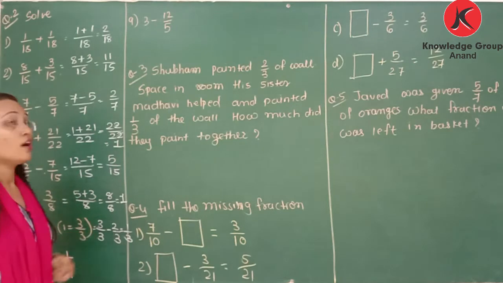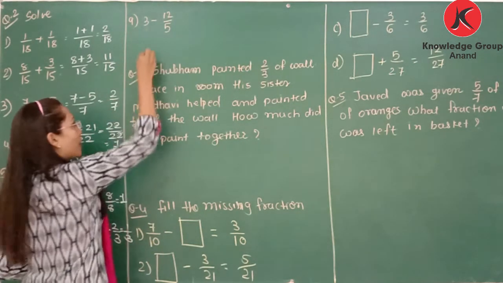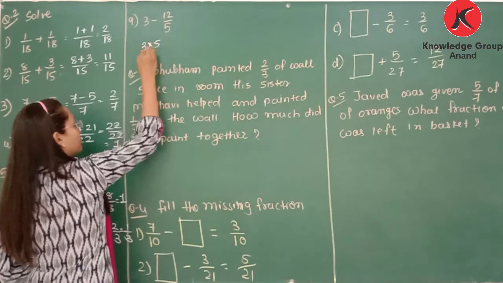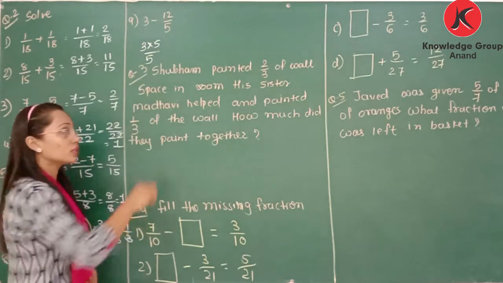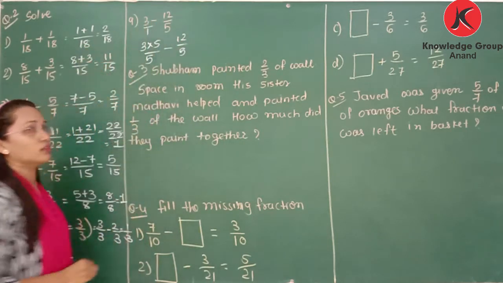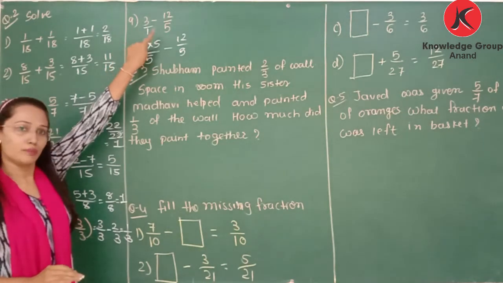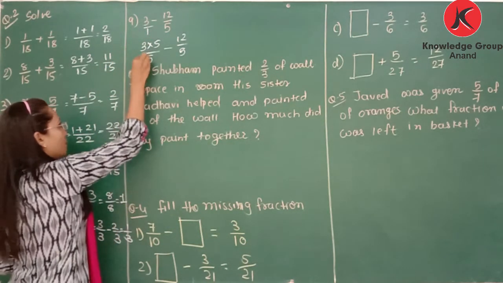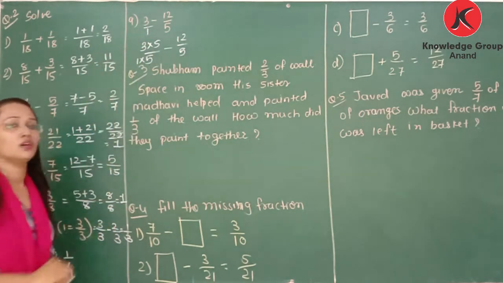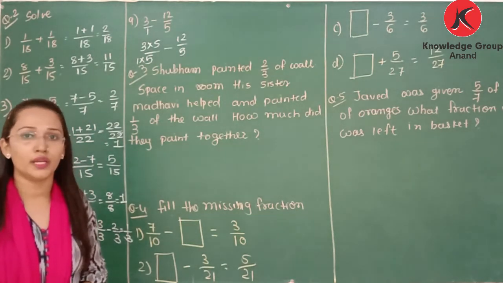So here you can get 5 in the denominator by multiplying 3 with 5, minus 12 by 5. Here the denominator is 1. Okay. If there is 1 and we want 5, we have to multiply 1 by 5. That's why we multiply 1 with 5. Same in the numerator. Every number has denominator 1.